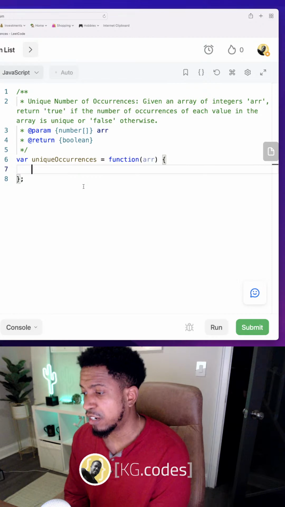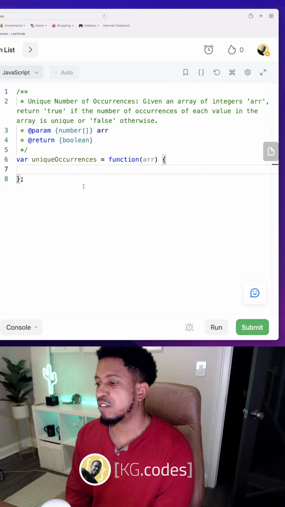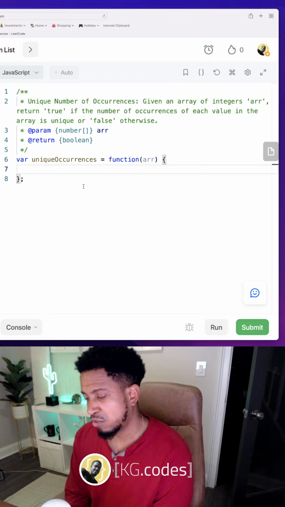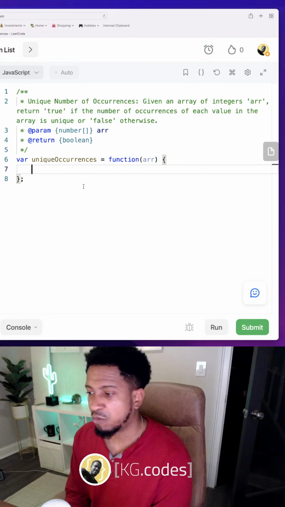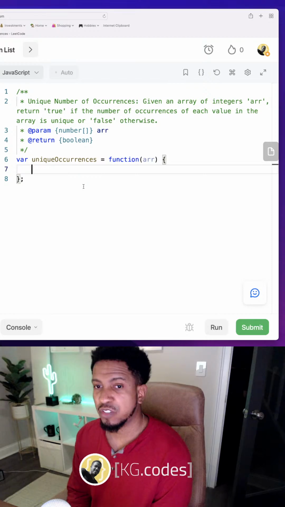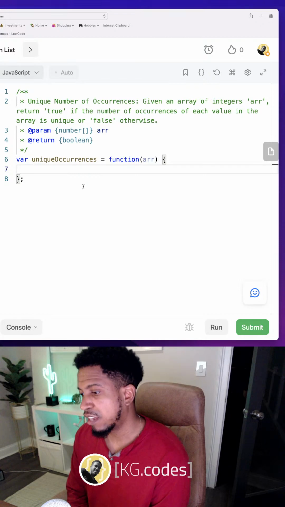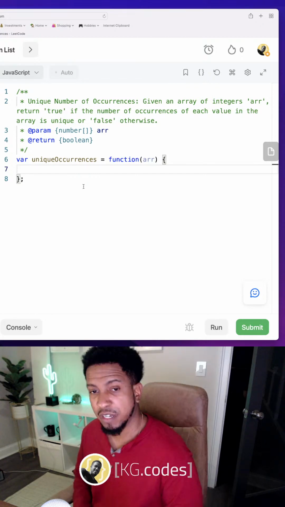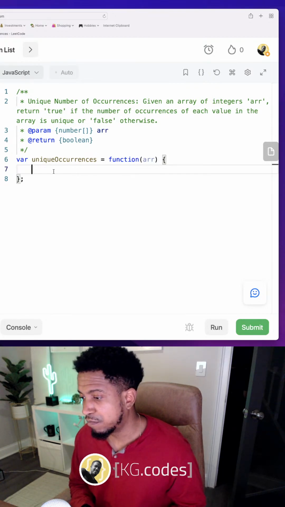And so to do that, that's going to be a loop, and that's going to be putting everything into a data structure. So thinking of time complexity and space complexity, I'm going to loop through the array once. So that's big O of n, that's linear time. And I'm going to store at most the number of items in the array. And so that will be big O of n space complexity as well. So big O of n time complexity, big O of n space complexity to do this first part. So let's run through this